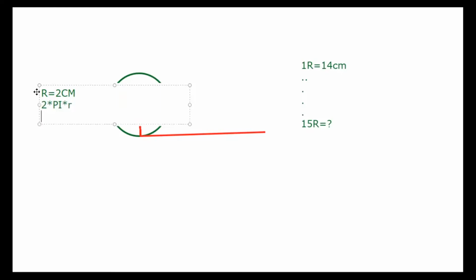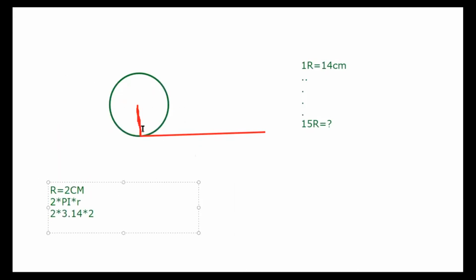Okay, so if you do it like this, 2 star 3.14 star r, with r equal to 2 centimeters, like 4 into 3.14. So this perimeter is equal to something like 14 point something, it is coming like this. Okay, let us calculate, that is better.